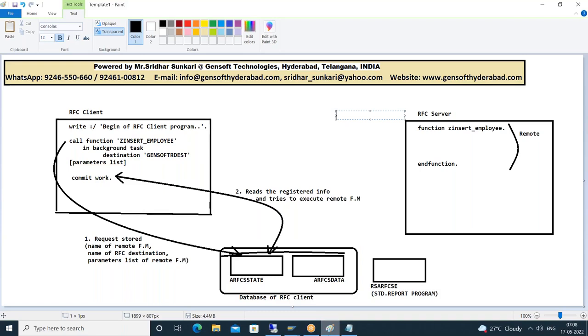And as part of that RFC client, wherever the commit work statement is executed, it will pick the data from these tables. Based on that information, it tries to execute the remote function. If the remote service is available, it will process the request. In case the remote service is not available at the time of executing the commit work statement, what happens? SAP will schedule the program RSARFCSC in the background, and this program will be executed automatically every 15 minutes,